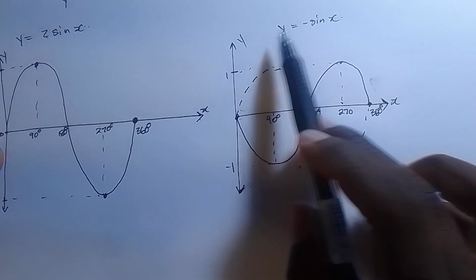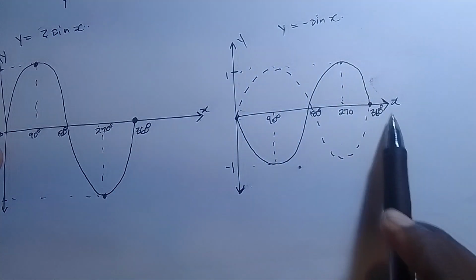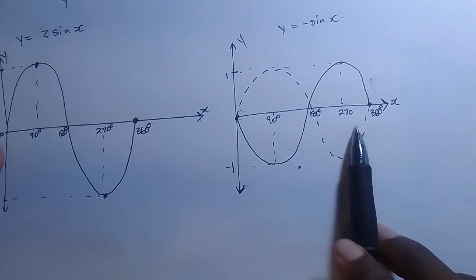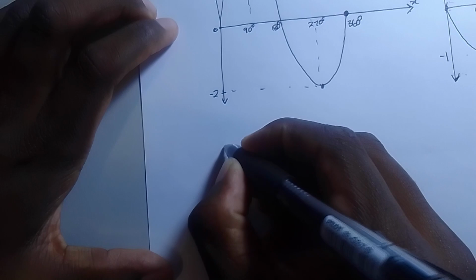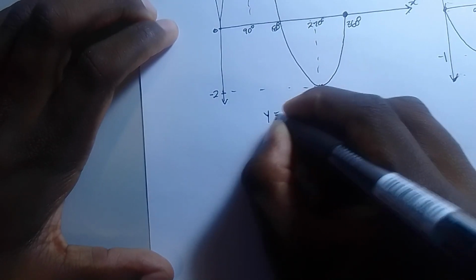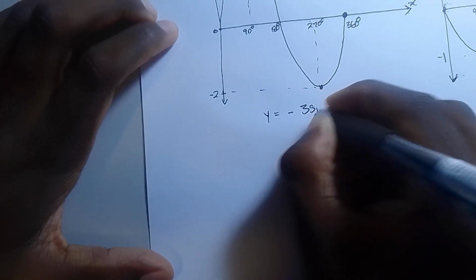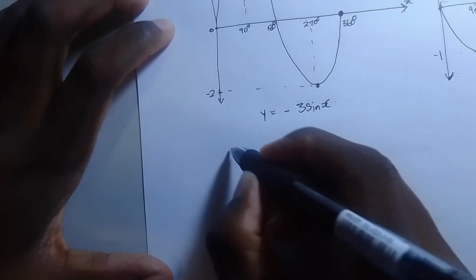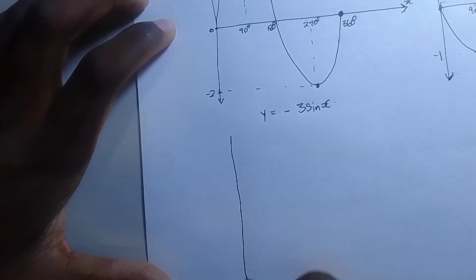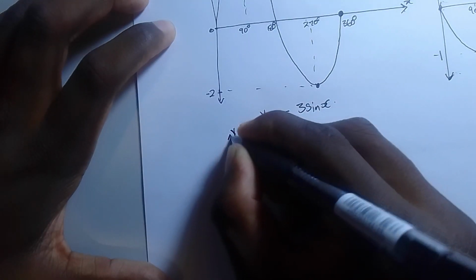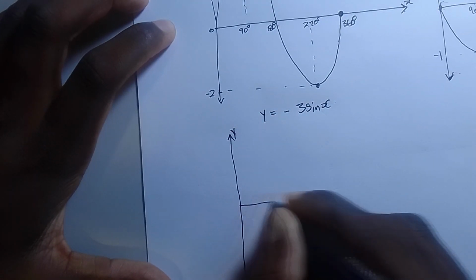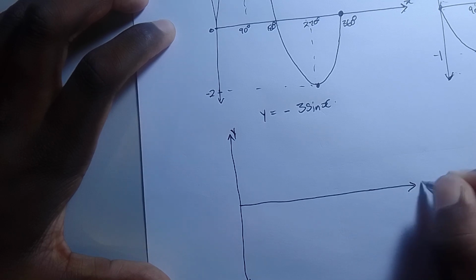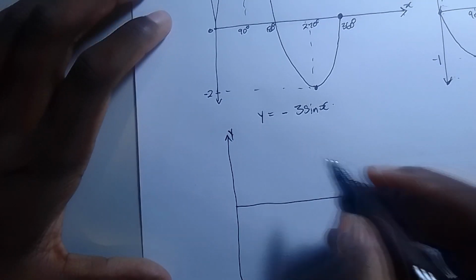That's your y is equal to negative sine x. Let's move on into sketching the graph of y is equal to negative 3 sine x. For the graph of negative 3 sine x, draw the axis as normal, y, x, and then